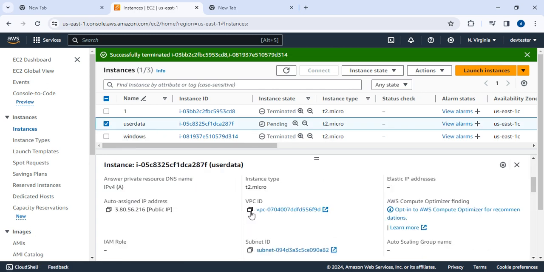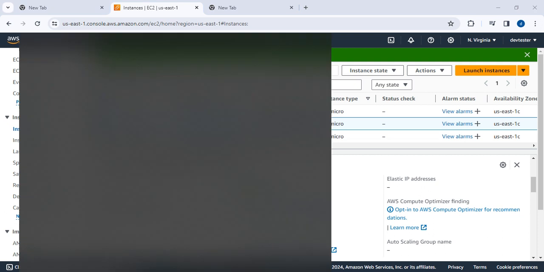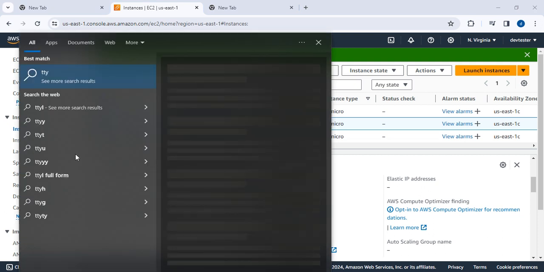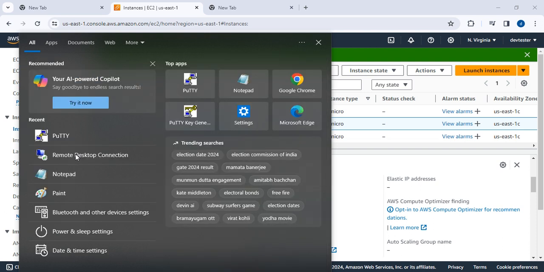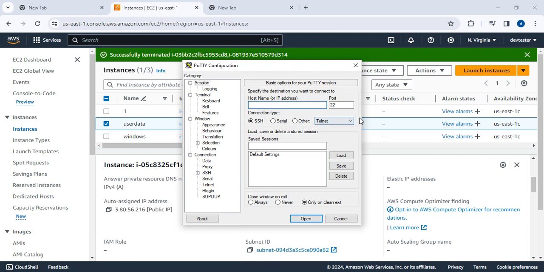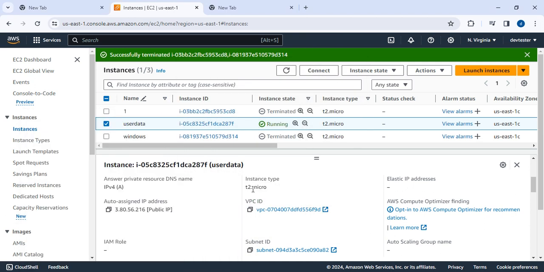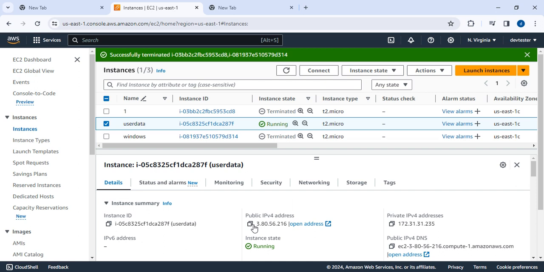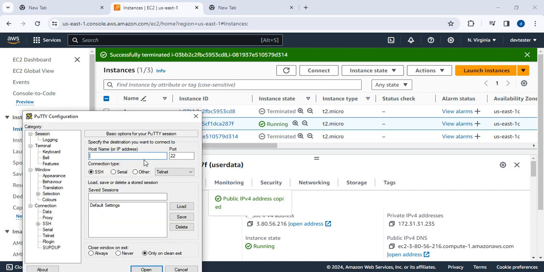This is the IP. Just click on the IP. Just open PuTTY, because if I want to check, I need to connect to the machine. This is PuTTY, the SSH client. You know very well because we have used it several times. Yes, I'm going to select the public IP. Just click here. Okay, and SSH